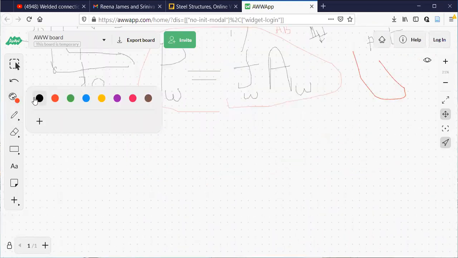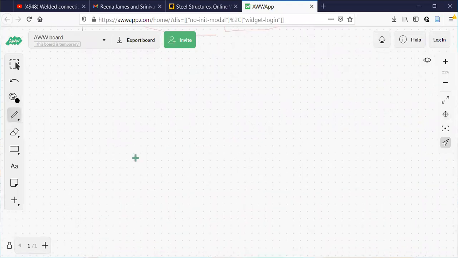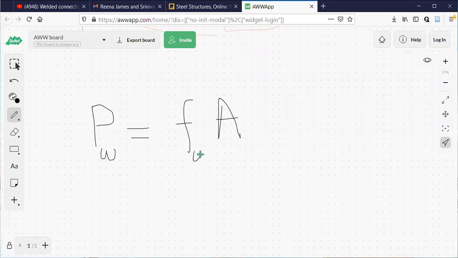So once again, you observe here. You can see I'm going back to strength of materials. Very simple formula it is. Load carried by the welded joint is equal to permissible stress in the welded joint into area of the welded joint. Now, how do you find the area of the welded joint? That I will show you.